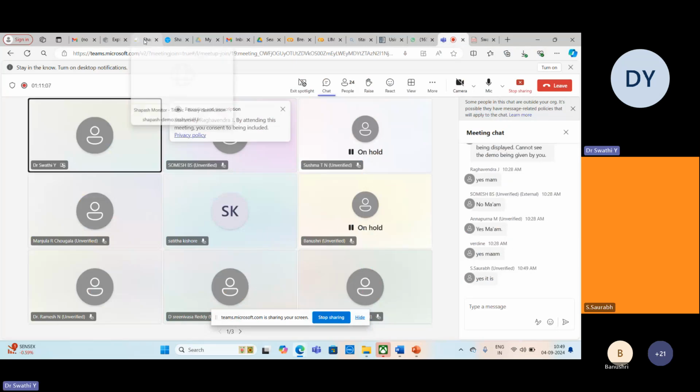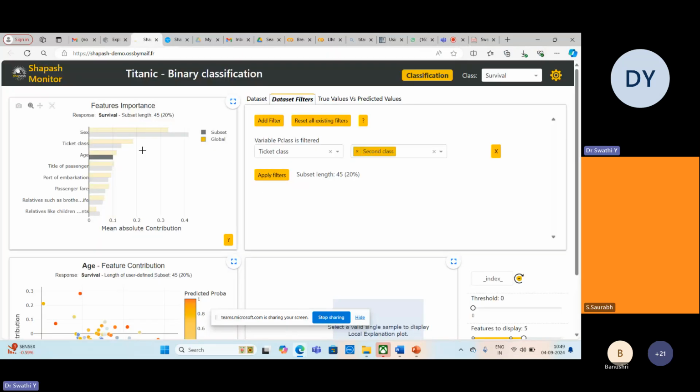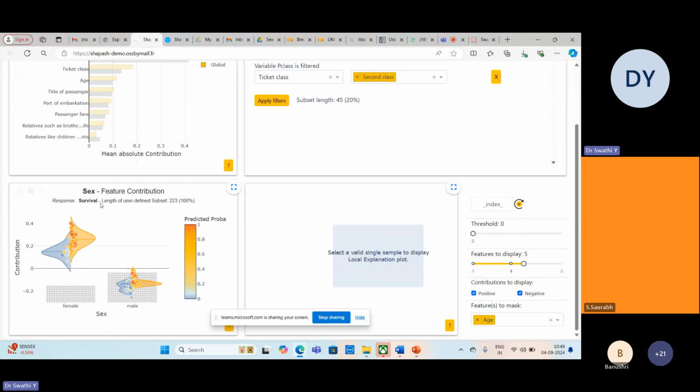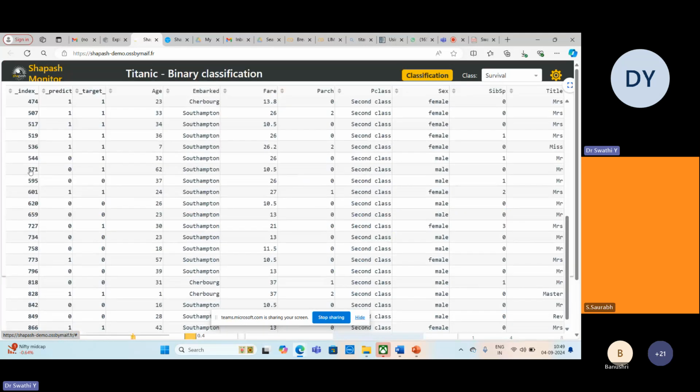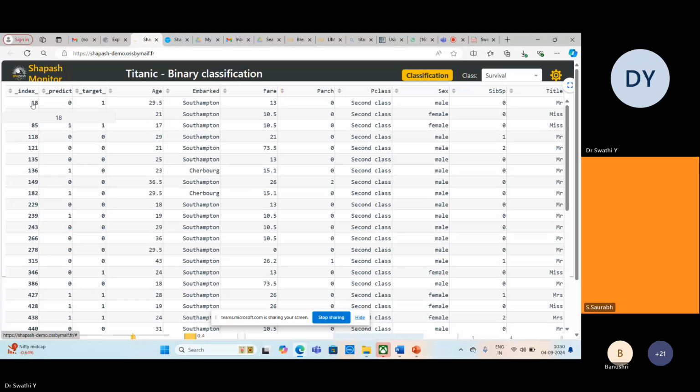Okay. So this is how this monitor will look. As soon as you change any of the values, automatically all the other features will change depending on whatever you have changed. So this is like what index you want to display. Based on this data set, you'll come to know. Suppose I want to know the index with respect to 18. I can just click here, and here you can have different classes like whether the passenger survived or died.